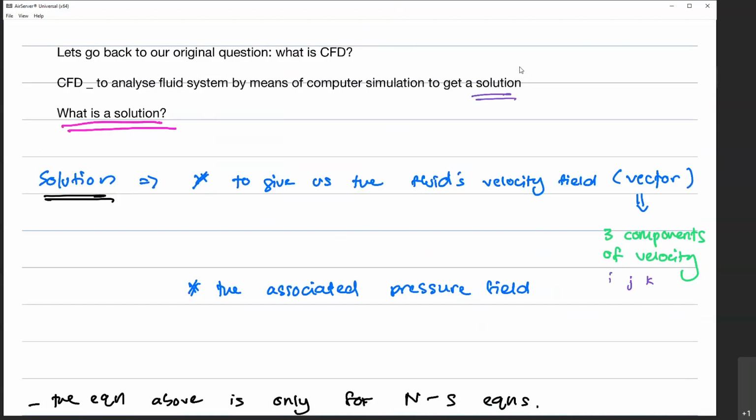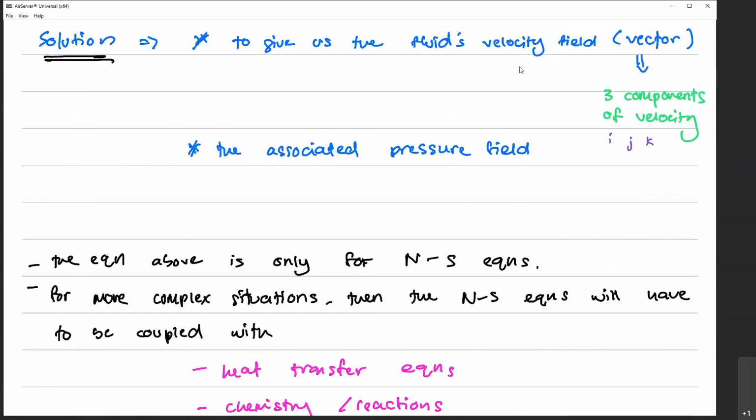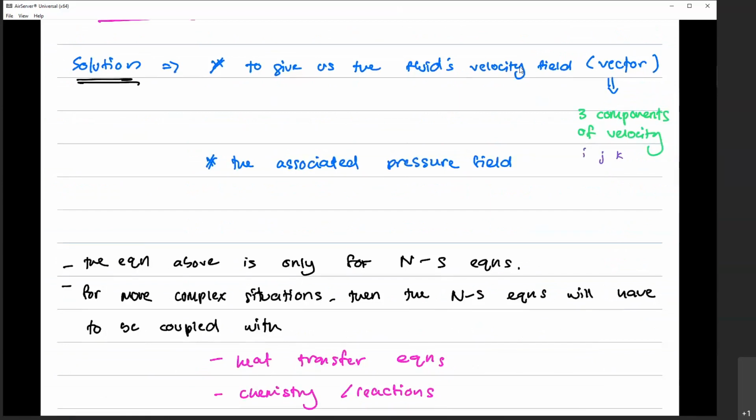So the solution means we want to solve for the fluid's velocity field. We want to get, at each direction x, y, and z, or the components i, j, and k, the properties of the fluid. Aside from that, we also want to get the associated pressure field. It's not just the velocity. We are also interested in the pressure field and the energy field, for example, if you are dealing with a change of temperature. Okay, and so the equations above are only for the Navier-Stokes equation, the one that we